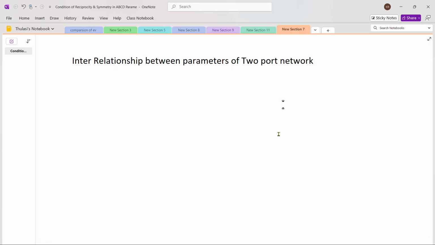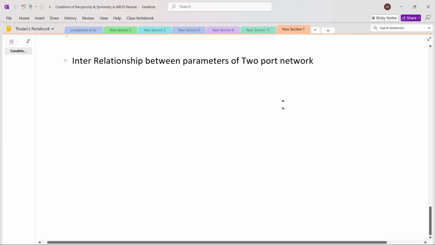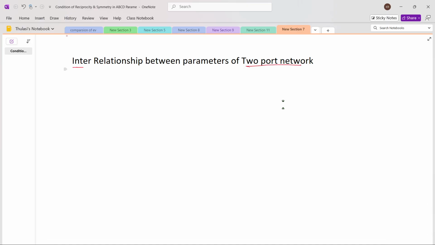Today we are going to discuss the interrelationships between the parameters of a two-port network. What is meant here is that interrelationship means how to relate one parameter in terms of another parameter. In this session we are going to discuss how to interrelate y parameters